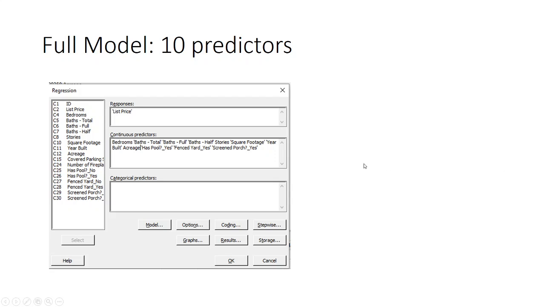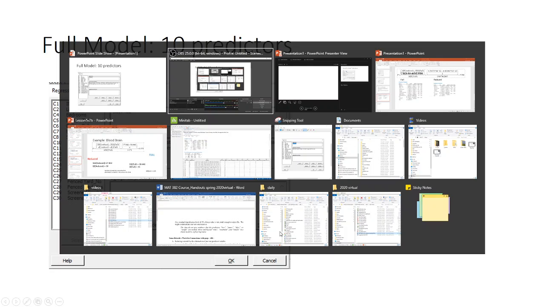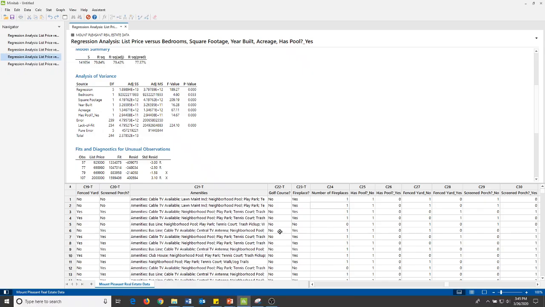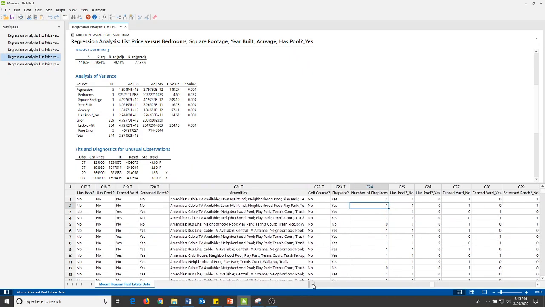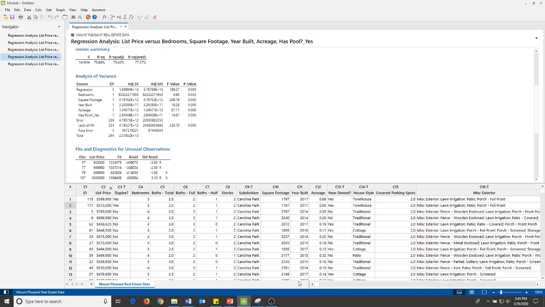Let's do an example of the partial F test on some data. So here, the data we have is made-up data of housing prices. You can see here's the variety of housing prices, the list price, bedrooms, baths, all sorts of things. I took 10